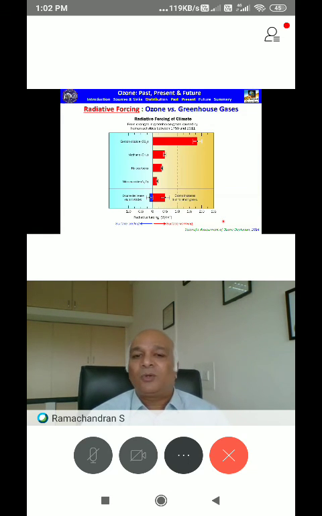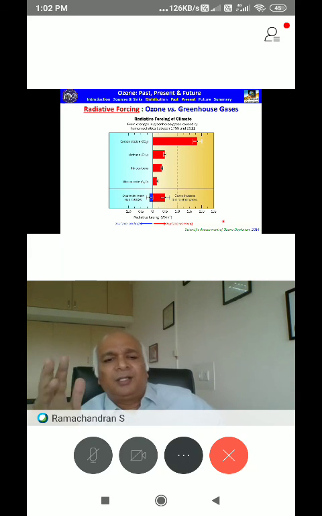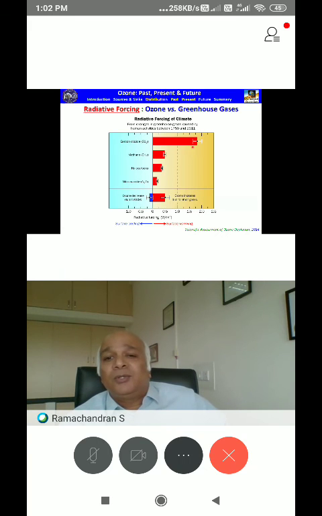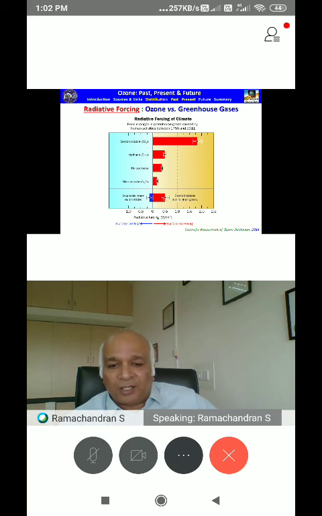So, if you look at the forcing, the changes in the ozone, for example, we are all familiar with changes in the carbon dioxide and the warming that it is causing, as we saw in the initial few slides. You can see that this is all highly positive, going all the way up to 2 watts per meter squared. But ozone increases in the lower atmosphere